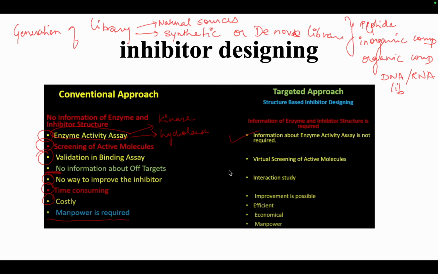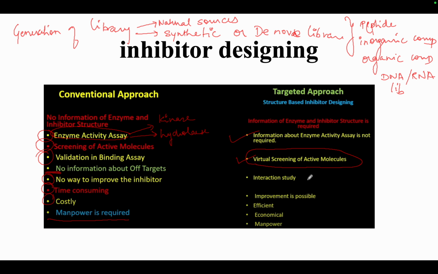So, for example, we know what hexokinase does. It adds the phosphate group on the glucose. So we don't have to find out that information. We already have that information present in the literature. And then we can also perform virtual screening. This is very important. We can perform n number of screenings of active molecules virtually, using